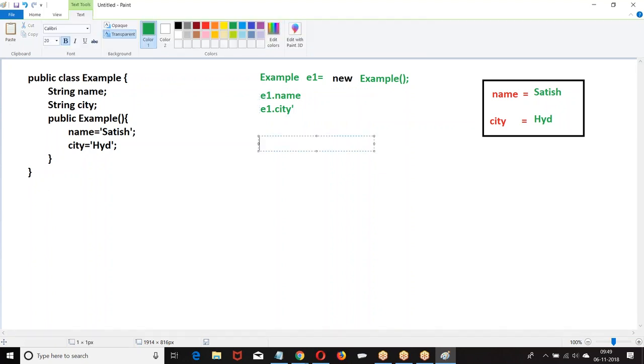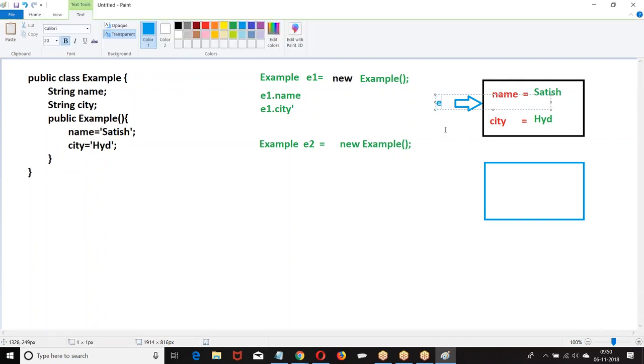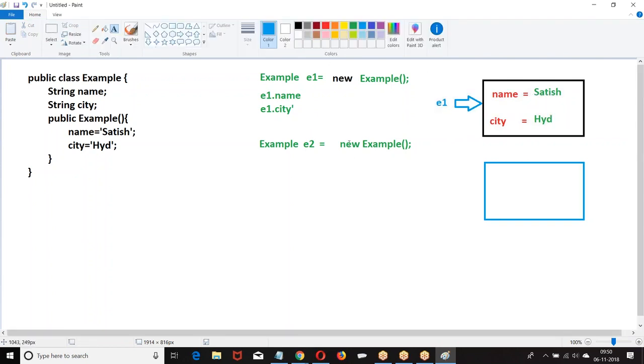So how many objects can I create? Your choice. Again I am creating an example, E2 equal to new. The moment I say new, what will happen? Memory is allocated. Now is it the same as above? This is E1. This memory is referred to by E1. Now I am creating the next new.